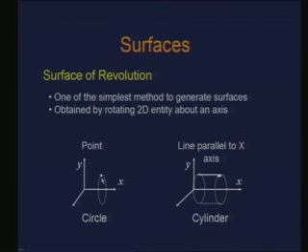So, for instance, if you have just a point lying here in the x y plane and you rotate that point about the x axis, you get a circle, right. Similarly, if I just take a line defined in the x y plane, I rotate that line about the x axis, I get a cylinder, right. So, these are very simple ways to have these surfaces constructed,